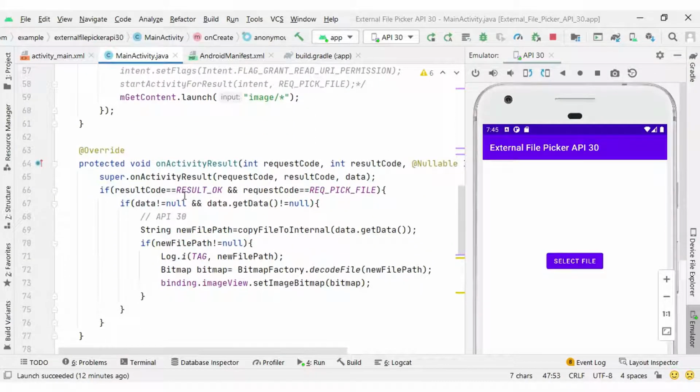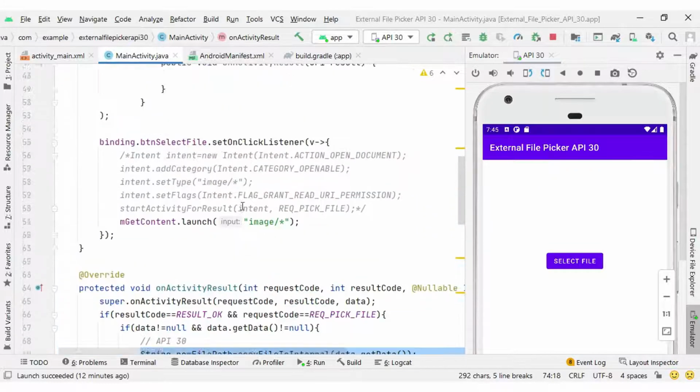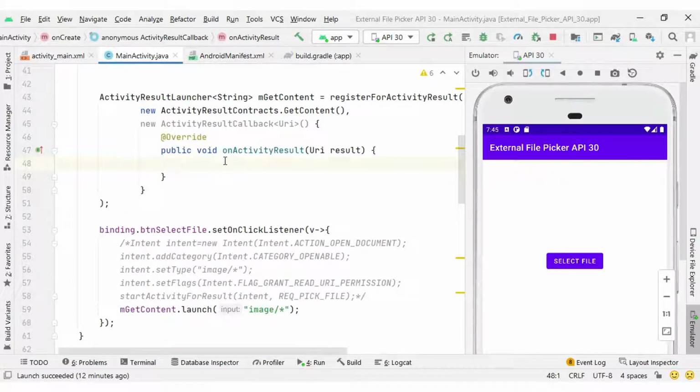Now the code we wrote inside onActivityResult. There is no request code required and no result code, so we do not need to repeat that extra code here. This if condition with the file code and copy file to internal code, I will copy and paste inside onActivityResult with the condition if result is not equal to null.